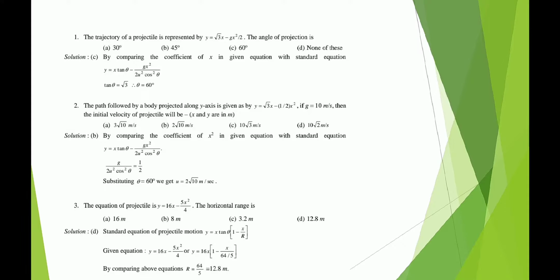Take y is equal to 1 by 2, then g by 2 u square cos square theta is equal to 1 by 2. Substituting, you will get theta is equal to 60 degrees. After that, u is equal to 2 root 10 meter per second. Then third one,